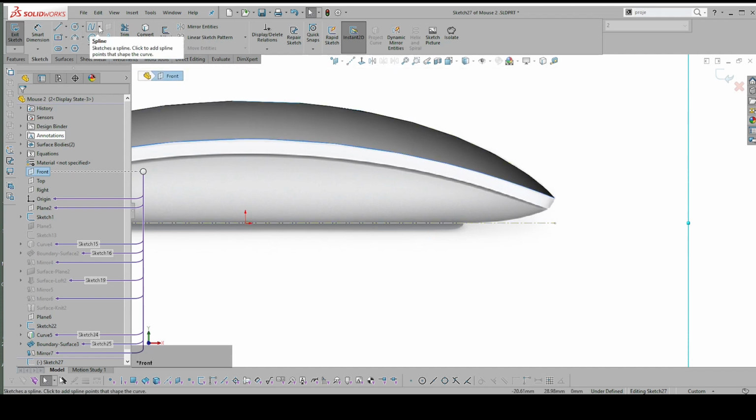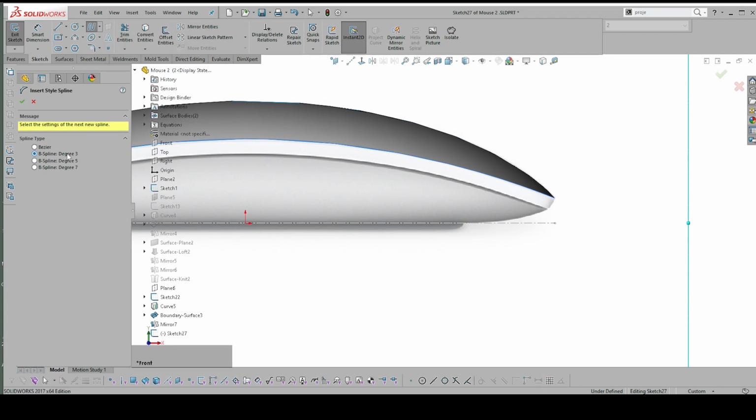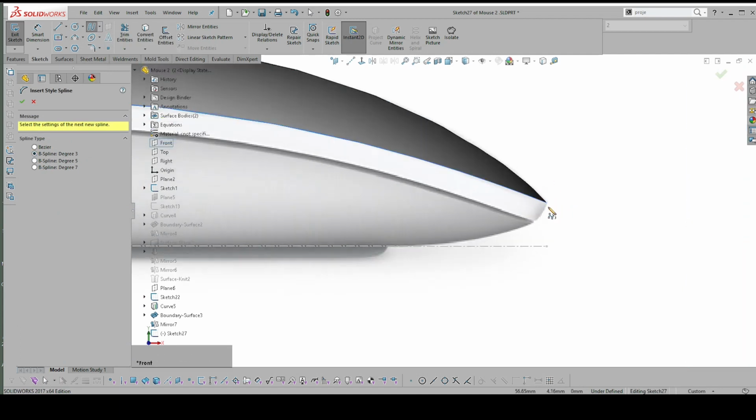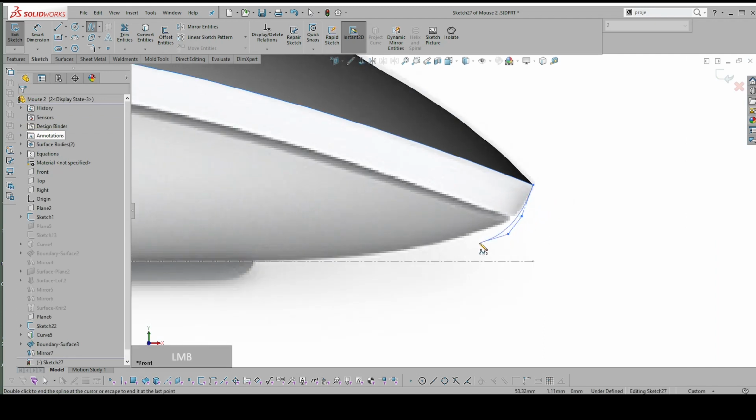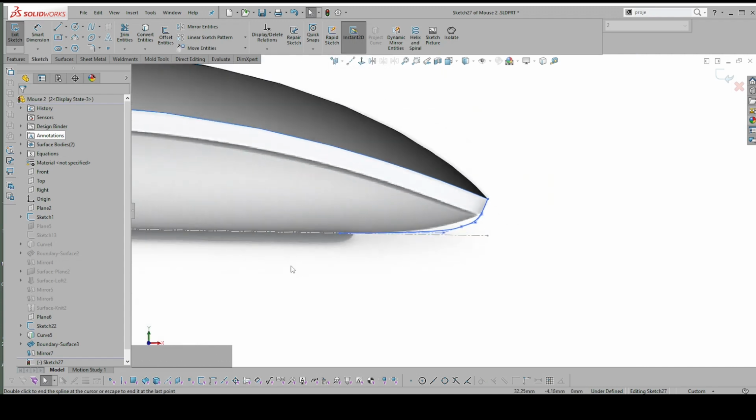And this time, instead of using the spline tool, we're going to use a style spline and a B-spline degree 3. And then just click a few points from that point there. 1, 2, 3, 4, 5, and 6. And then,